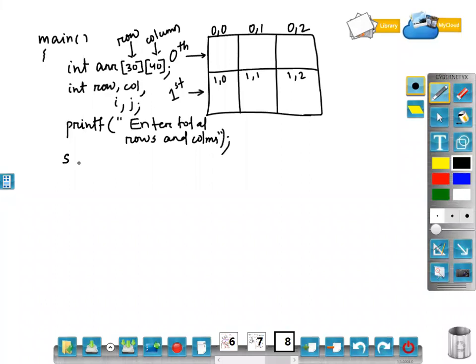So I will take the input here. Whatever the user enters, I will store in row variable, I will store in column variable. Okay. According to the row and column value, I will take the input.